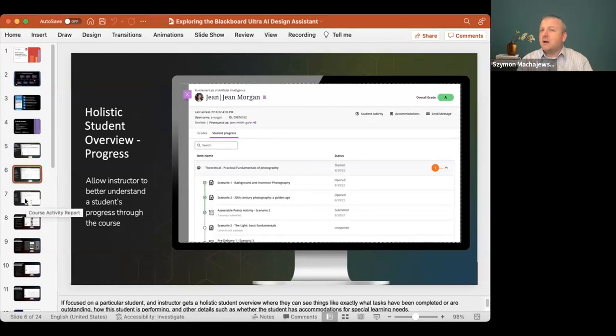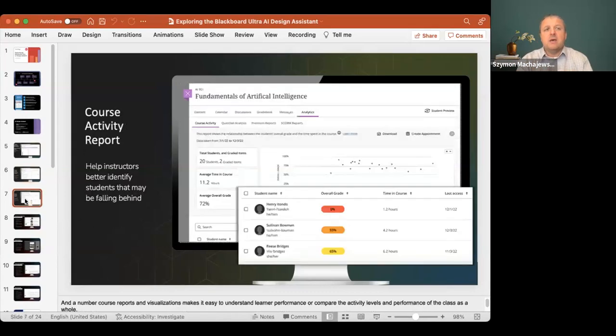And by the way, all the features that we are presenting today are in Blackboard Ultra, which is the more modern and more flexible way to design courses. We also at UIC support Blackboard Original, which is the older style of courses and the more basic interface. Course Activity Report is another great place to have intelligent experiences, and this is available under Analytics